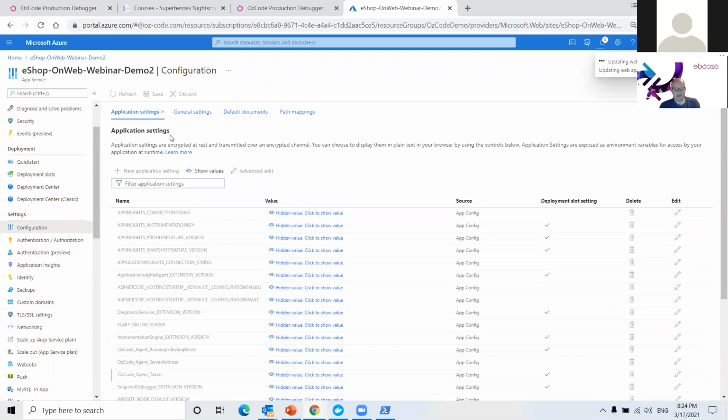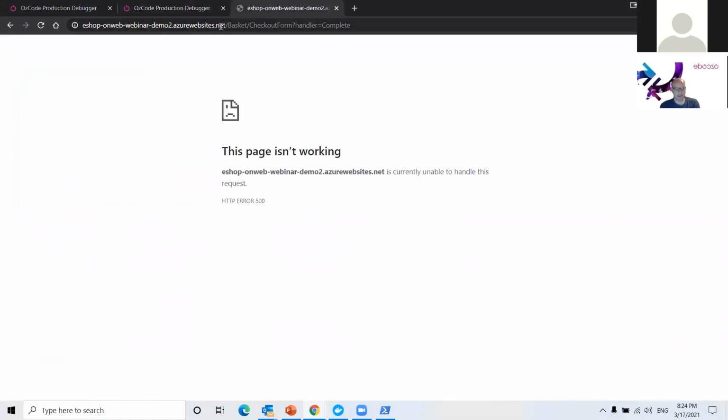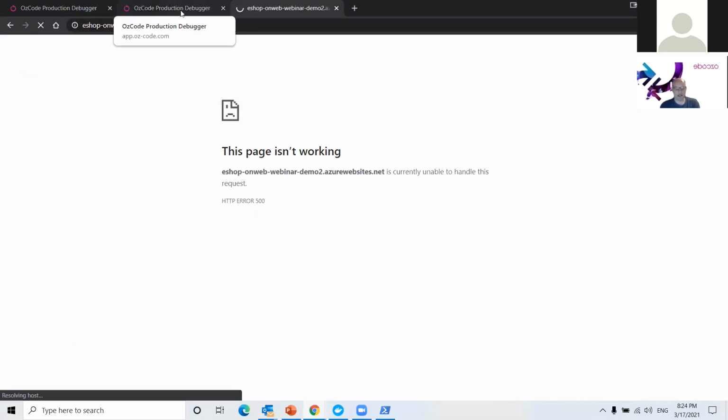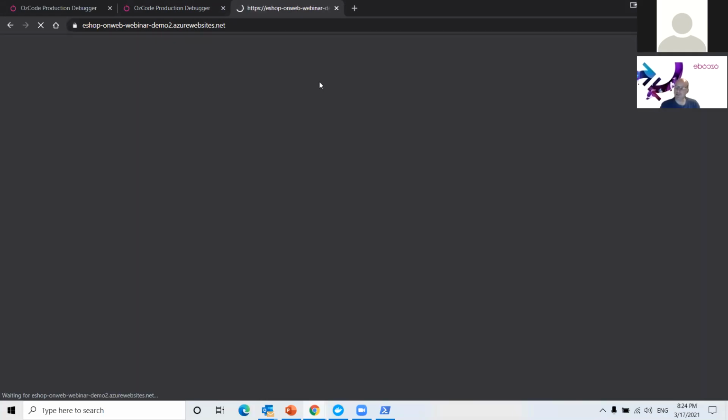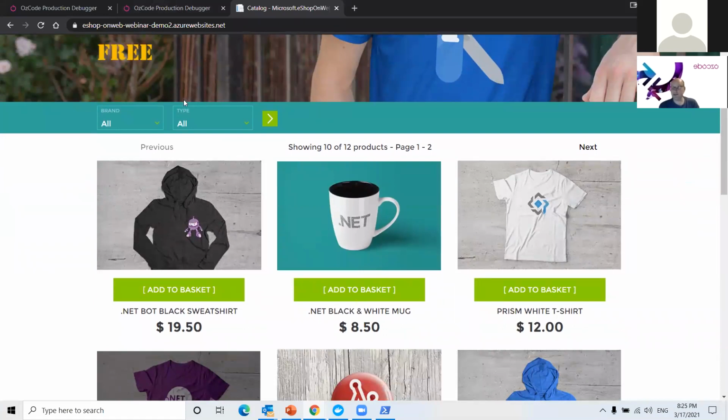So what I've done is configure my app service to use the Oscode Production Debugger site extension. What that means ultimately is that we now have a website that's monitored by the Oscode Production Debugger agent, which will automatically monitor for exceptions. Now that the website has restarted, let's see an exception in action.